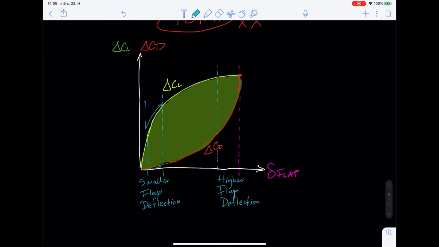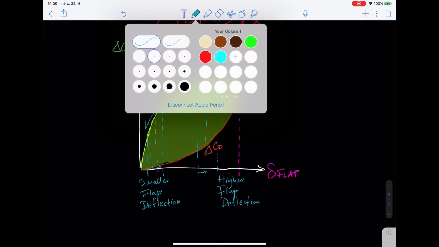What we see is that after a while around here, the extra lift coefficient which you can get out of the wing is not so great for a unit increment in the flap increase as compared to, for example, initially, right? So let's say right here, or even more visibly even before that. So at this area, if you look at it, is the same